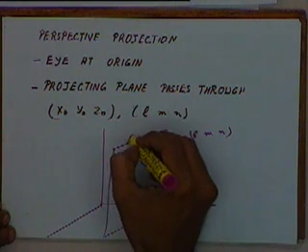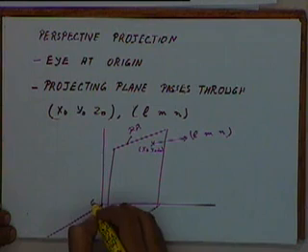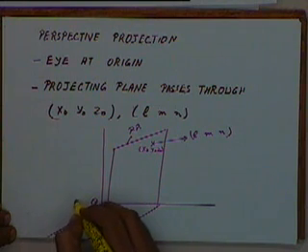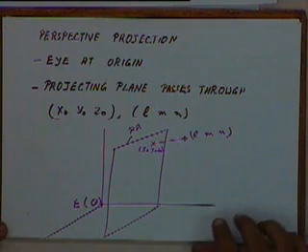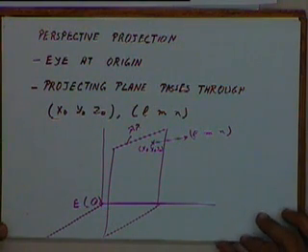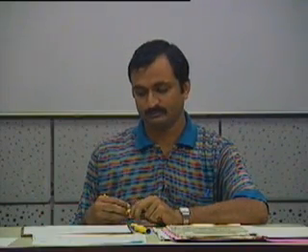This is our projecting plane and this is the location of the eye, that is at the origin. Okay, and now we want to find out the transformation matrix for this case. Any suggestions on how to find the transformation matrix? Must we rotate the origin so that the plane is along the axis? What do you mean rotate the origin?